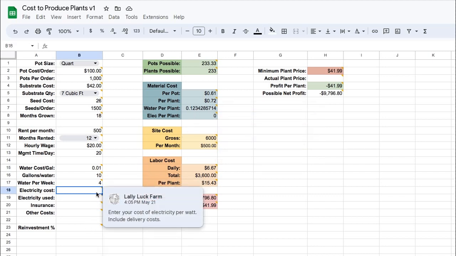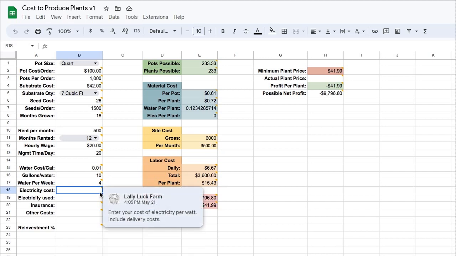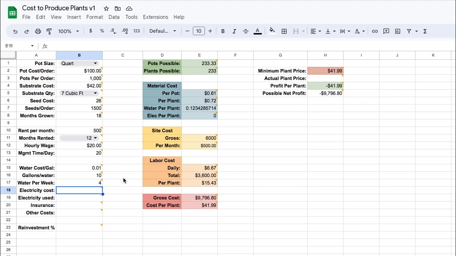Likewise, you can do your electricity cost and how much electricity you use. If you have a smart meter for your home or your greenhouse, that's definitely an applicable thing. If you're like us and you have solar, you can just put in your monthly electricity cost into the electricity cost, and it will not require how much electricity you have used. You can just put in your flat rate and apply it there, and it will break it out. It will not give you false math. So, if my electricity with solar cost me $15 a month, that's all I have to put in,